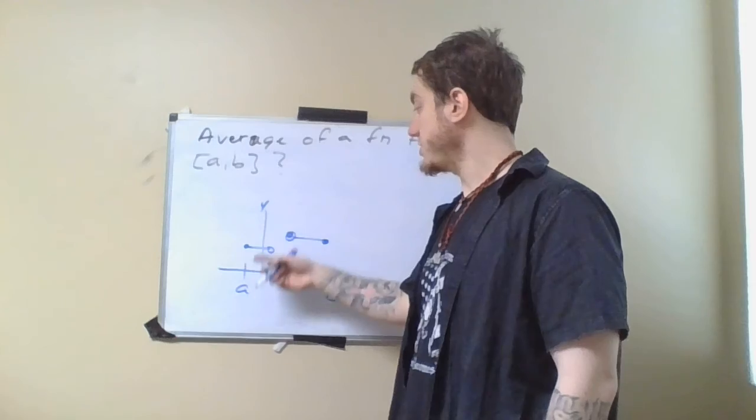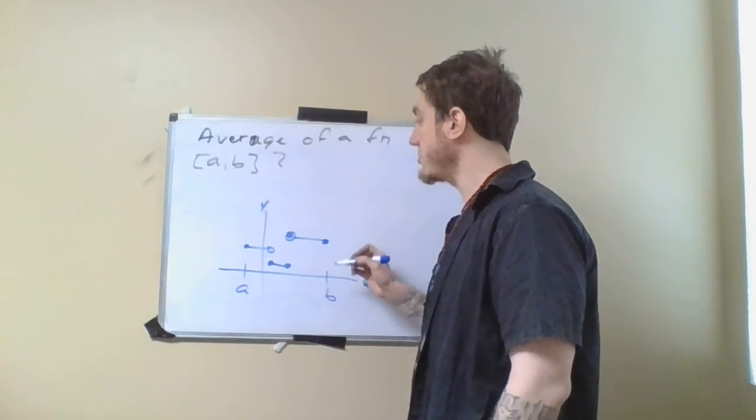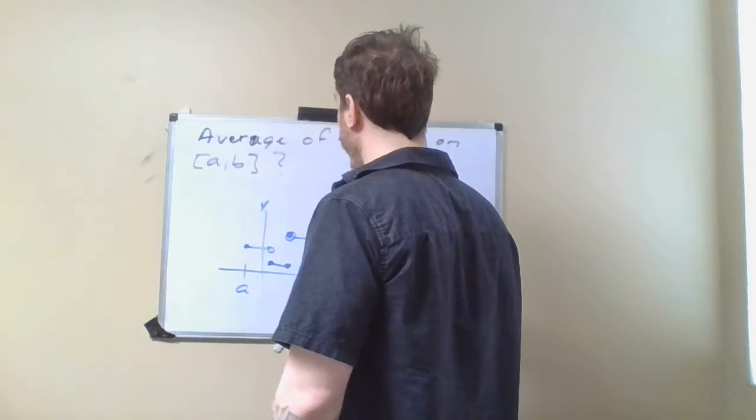If the function is constant on different pieces, then the sensible thing to do would be to say that the average is